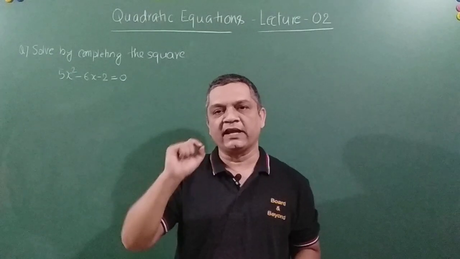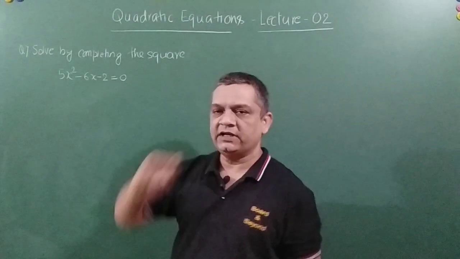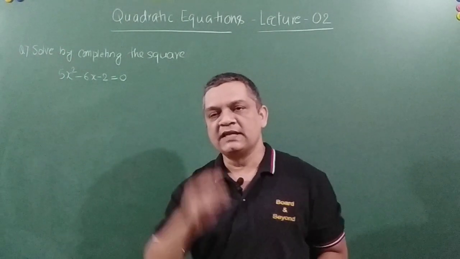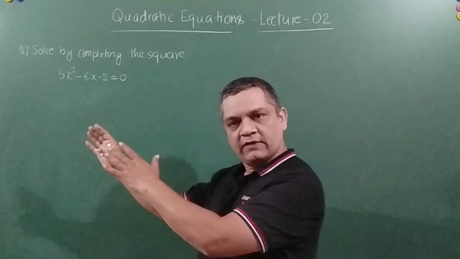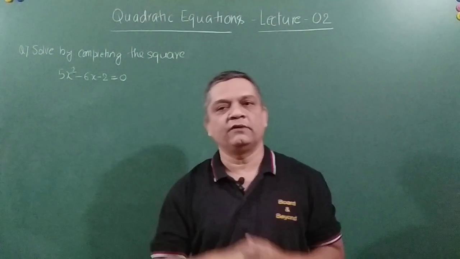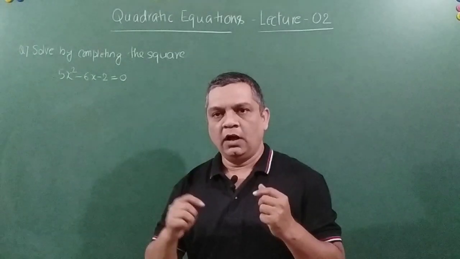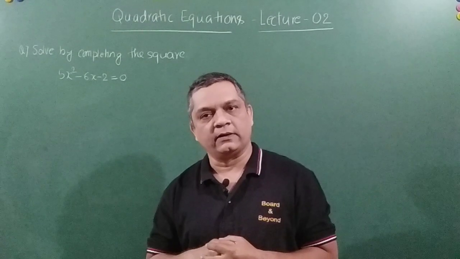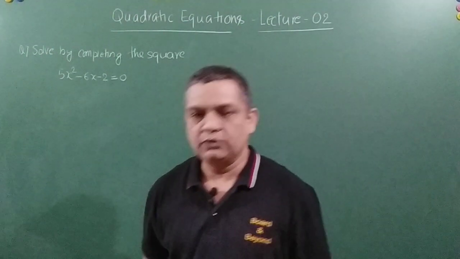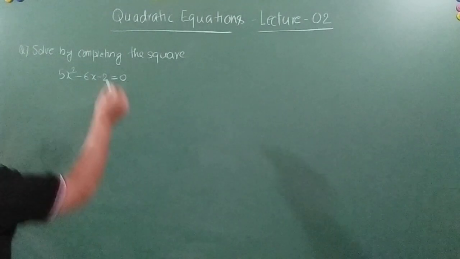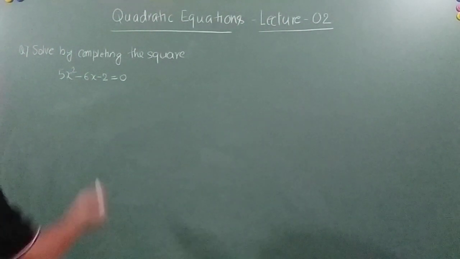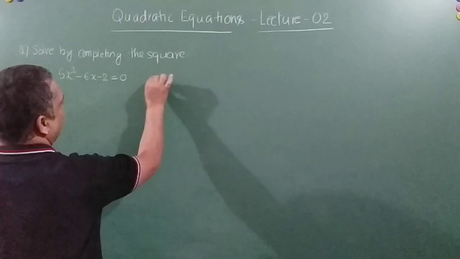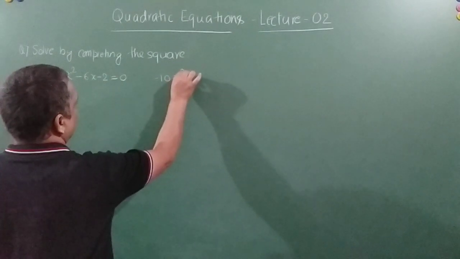So just for making it easier for all of us, I have taken down the problem here. The problem says that 5x square minus 6x minus 2 is equal to 0. This is the quadratic equation given to us and we are expected to find the value of x, okay? So how do you know in the examination that this has to be done by the method of completing the square? I'll tell you how you basically identify it. Now when you multiply the first and the last term, how much do you get, my friends? Minus 10, right? Minus 10 x square, right?